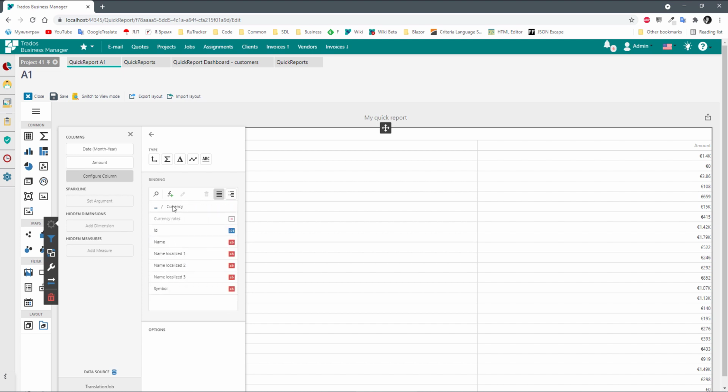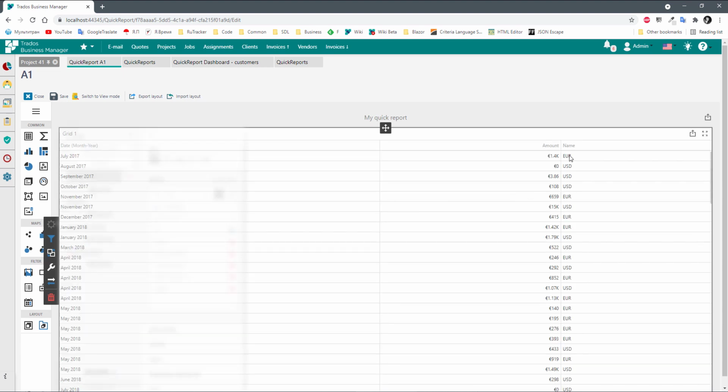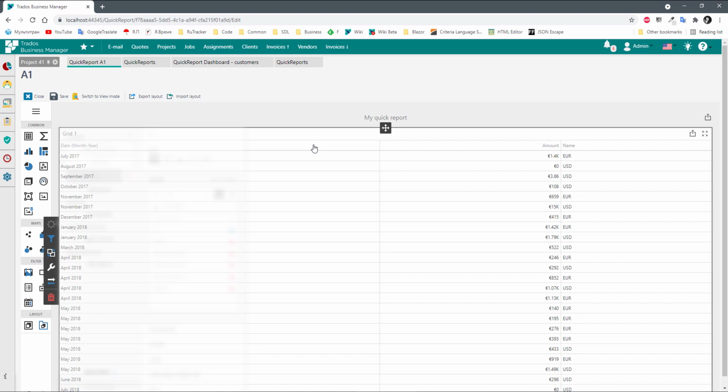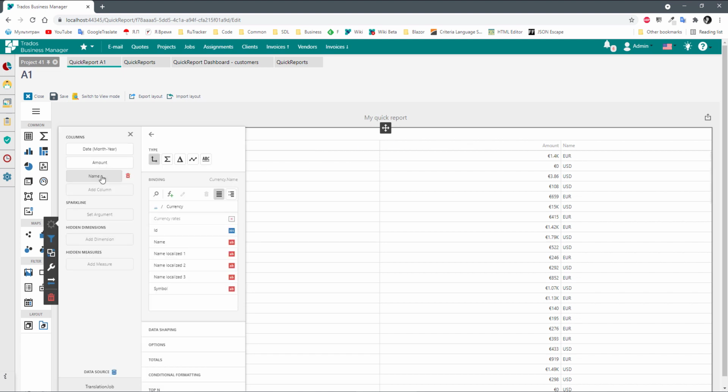If currency is a complex field, then I have to select which field from this entity type I want to display, so it will be a name. And now we get currency name in the grid. However, you can see that the column name here, date is correct, amount is correct, and name is not correct. And we can rename